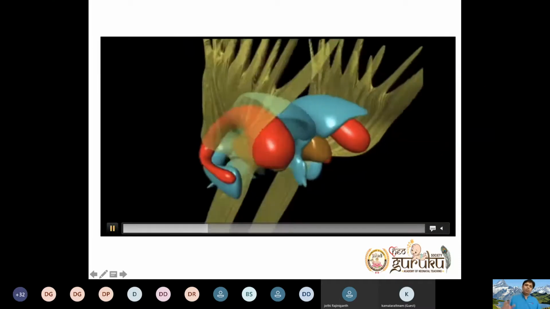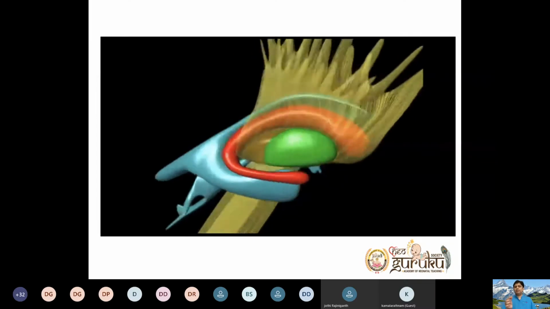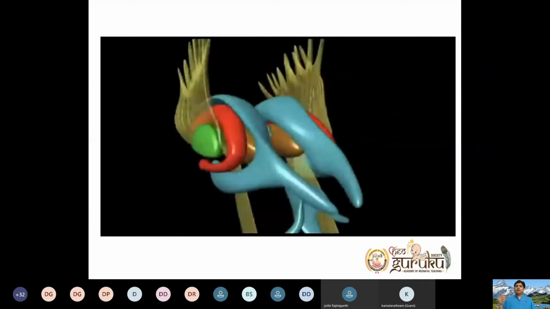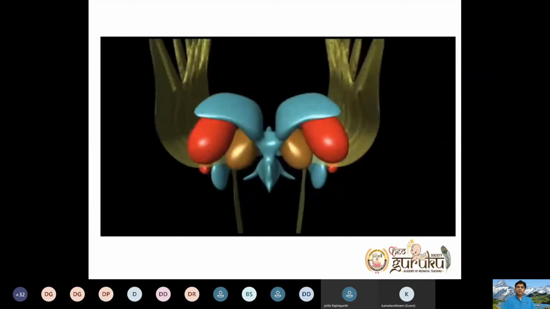Now we are adding the other part of the basal ganglia. That is your globus pallidus, externa, interna, and then putamen. So now we have added interna. Now we have added externa. Over that we'll be adding putamen. So three things. It's like a cream biscuit. Interna, externa, and putamen is like a cream biscuit. How you get three layers of cream biscuit.